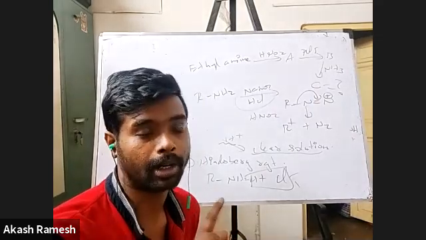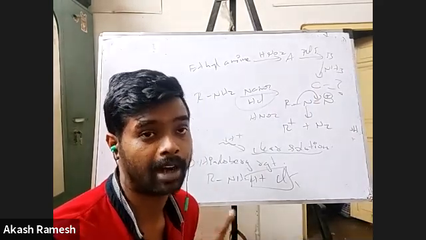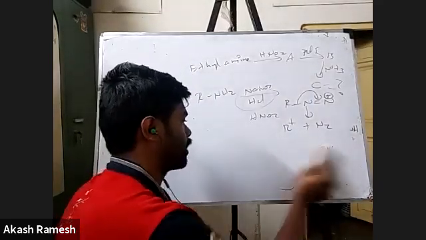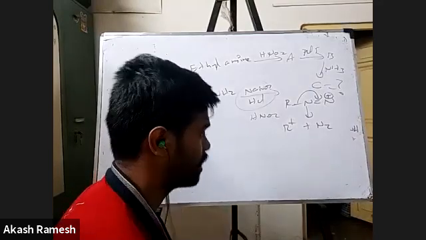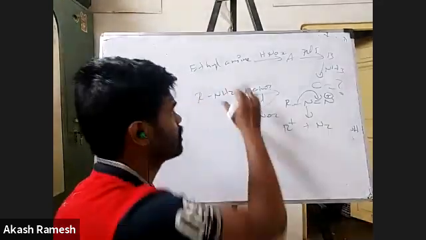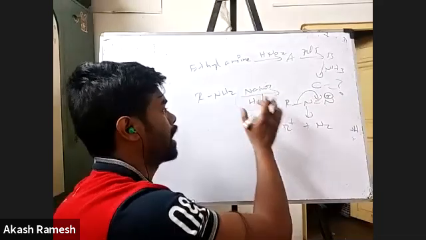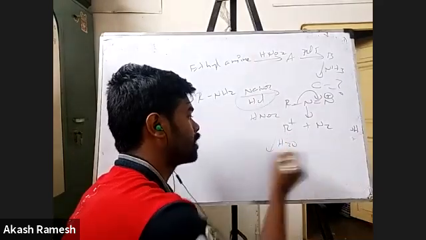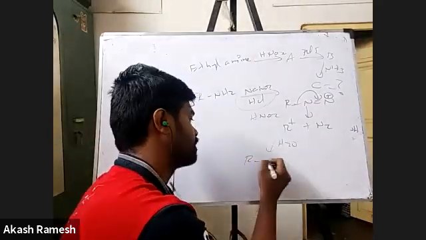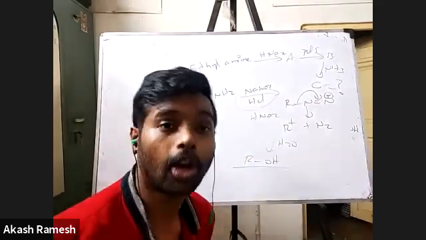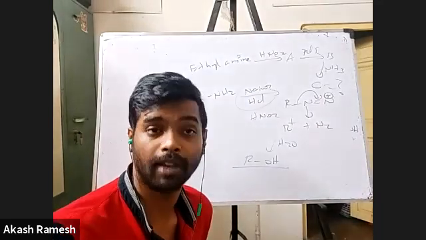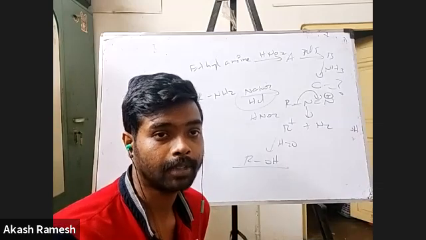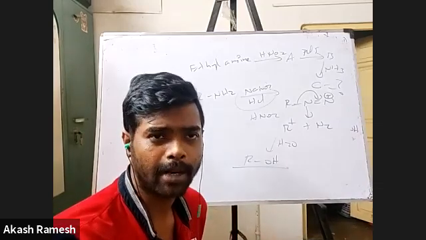This is what will happen if a primary aliphatic amine reacts with nitrous acid. If you have a carbocation, various things can happen. Everything is in aqueous medium, aqueous NaNO2 and aqueous HCl, so H2O attacks as a nucleophile. You end up with alcohols as the major product. This is a very good way of converting amines directly to alcohols. There can be other side products also.